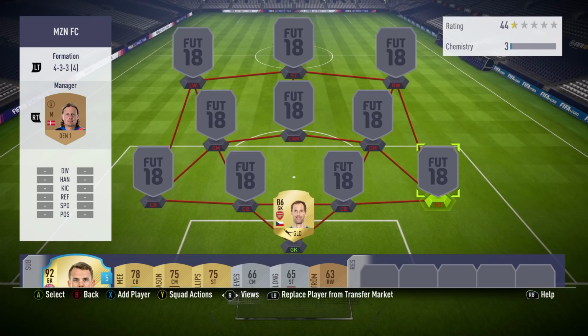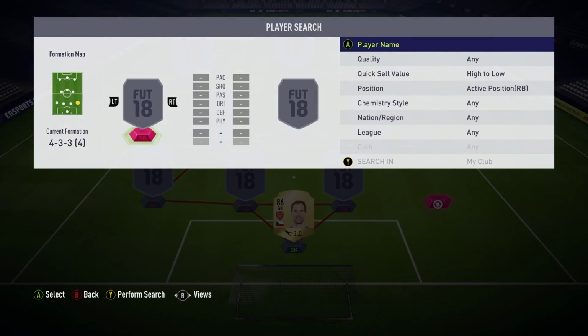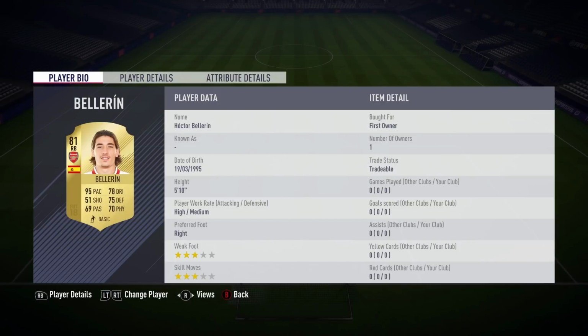Now moving on to our right back, I also packed him, but he cost around 15k. He also does play for Arsenal, but you probably already know who he is already, which is going to be 100K BPL. Now guys, he's just an amazing player. Obviously he had a really good season at Arsenal. He got an upgrade from like a 79 to an 81, but once again he's got that OP pace of